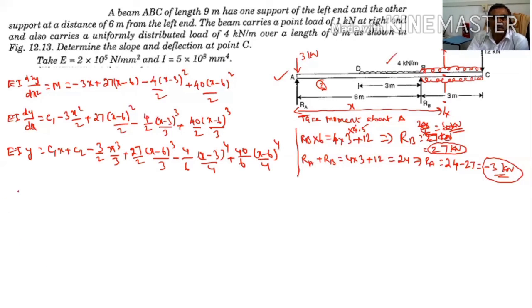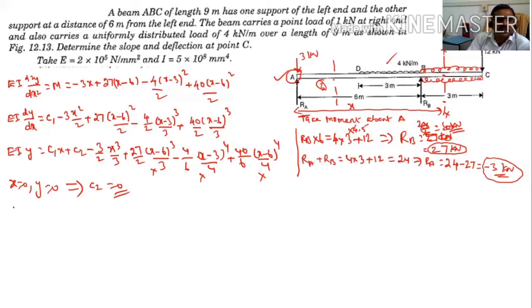So now there are two boundary conditions. One is x is equal to 0, y is equal to 0. So x is equal to 0, y is equal to 0 means the point A. Then you must have taken the axis here, so all these terms you should not take. You should not take these three terms. All three terms you don't take, and substitute x is equal to 0, y is equal to 0, then you will get C2 is equal to 0. This is the first boundary condition.